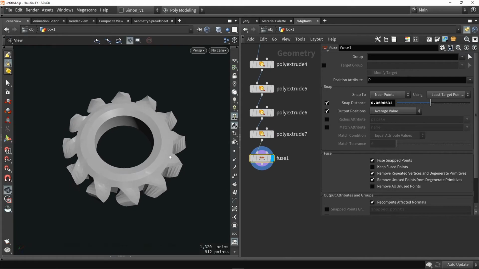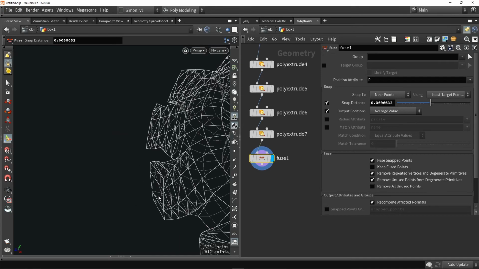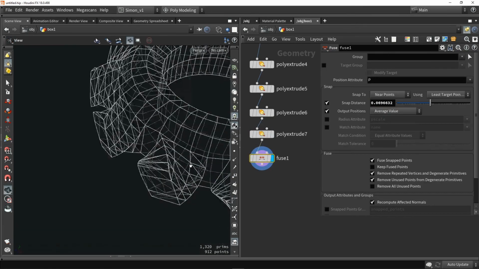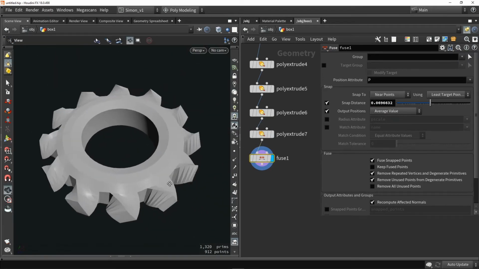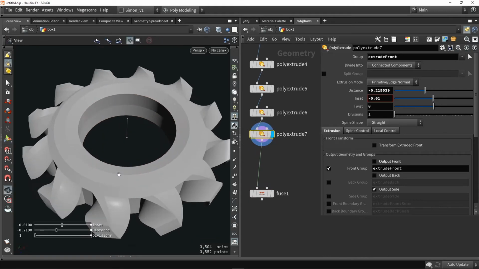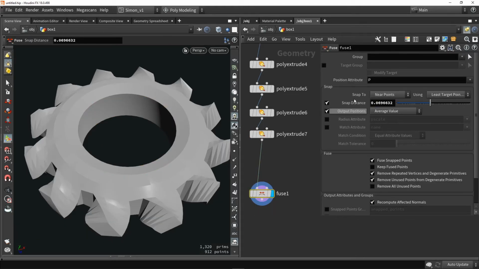Here at the end, what we can also see, since I've twisted the model here, is that we're also fusing automatically these areas as well. So before my result was this, after the fuse, my result is like this. So what we can do is we can also use a group node here in the fuse. So from my extrusion here, we disabled our front output, and we only have here the side output. So I want to enable here the sides, because I only want to have the fuse in this area, the sides. So in the fuse node here, we want to select the side group,